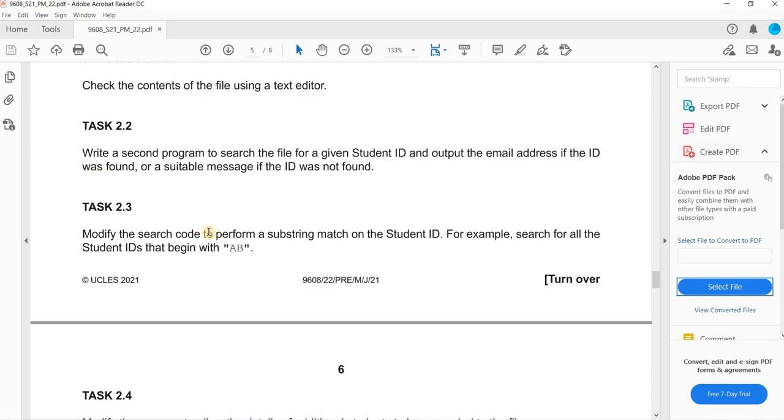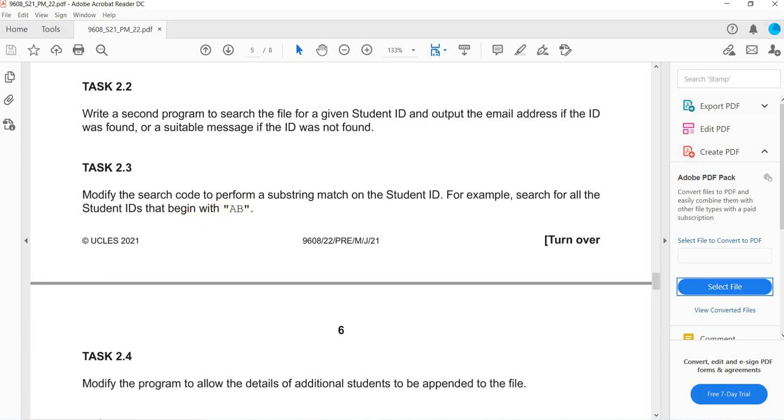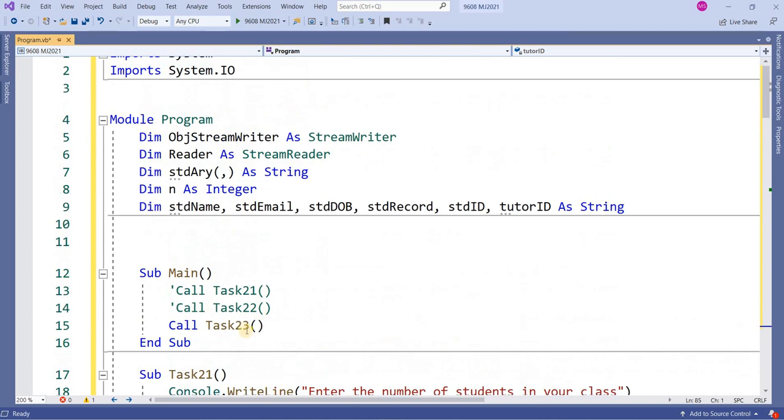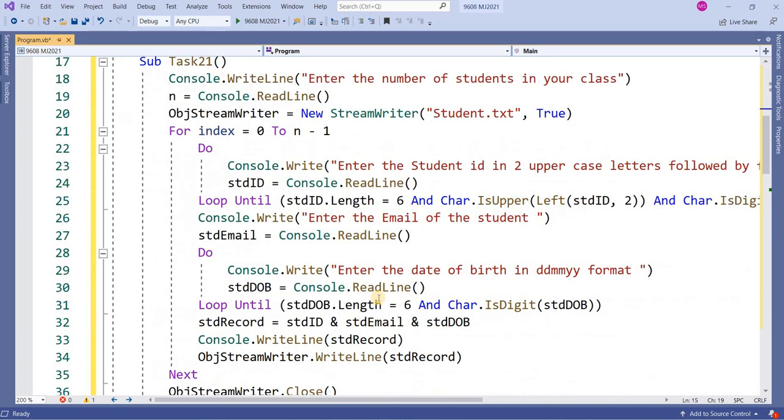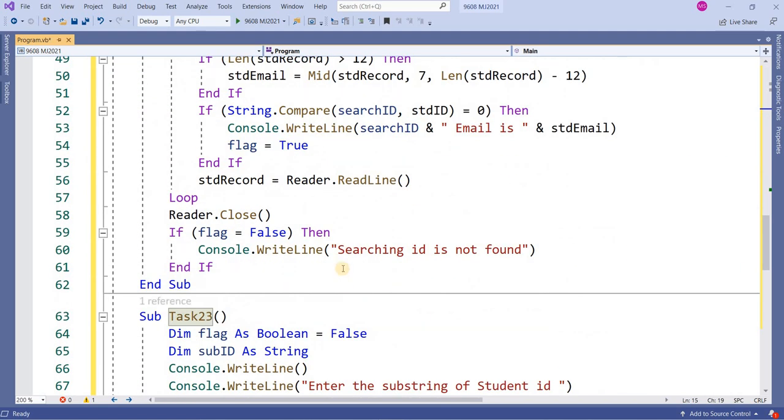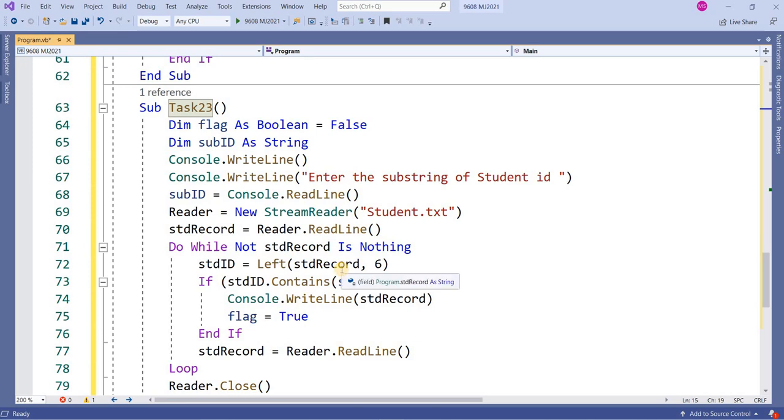Task 2.3: modify the search code to perform a substring match on the student ID. For example, search for all student IDs that begin with AB. In task 2.3, I will check whether the substring matches the ID number or not.